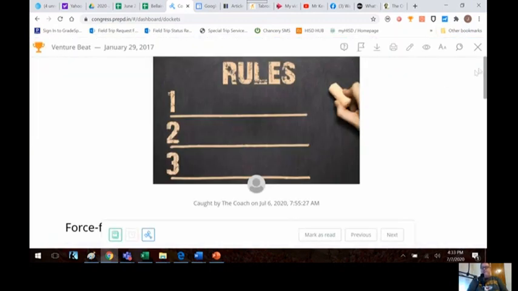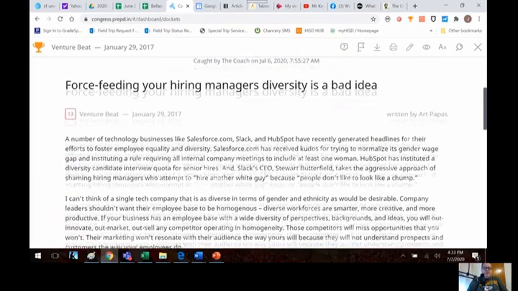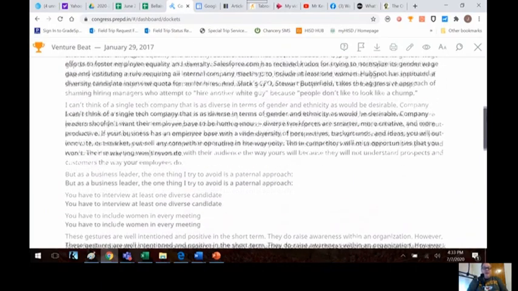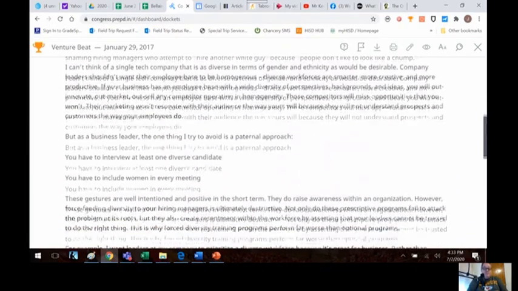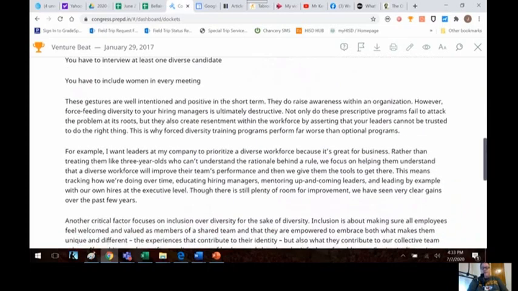And having read it, I want to come down here, and here's a paragraph right here that says, force-feeding diversity to your hiring manager is ultimately destructive. Not only do these prescriptive programs fail to attack the problem at its roots, they also cause resentment within the workforce. So we're going to take that, and this little gavel right here is